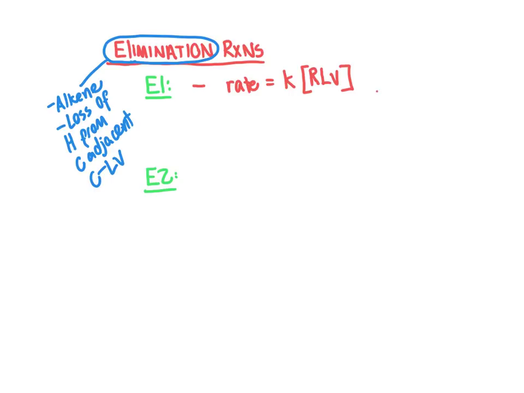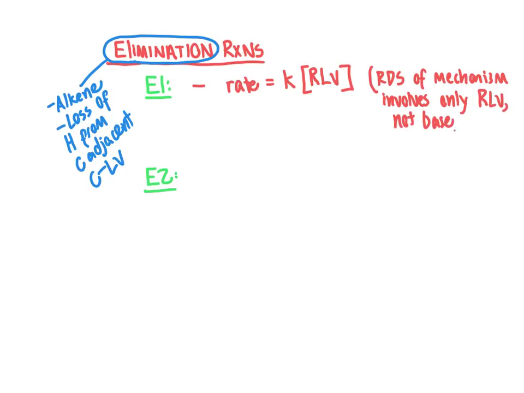And what this indicates to us is that the rate limiting step of the mechanism has to involve just the molecule that has the leaving group. It does not involve the base in any way, shape, or form. The base is not participating in that rate limiting step of our step-by-step mechanism. So that gives us a clue about what we need to think about in terms of the mechanism for this